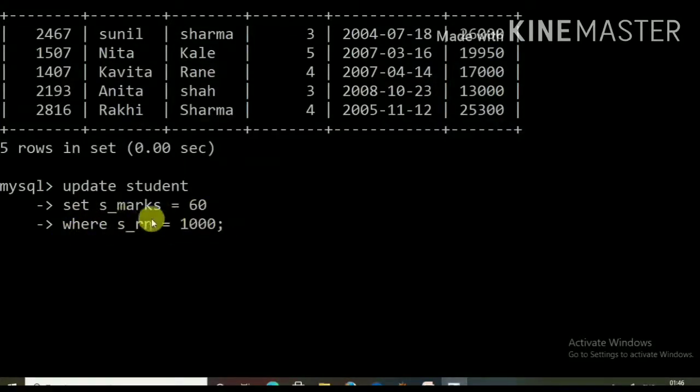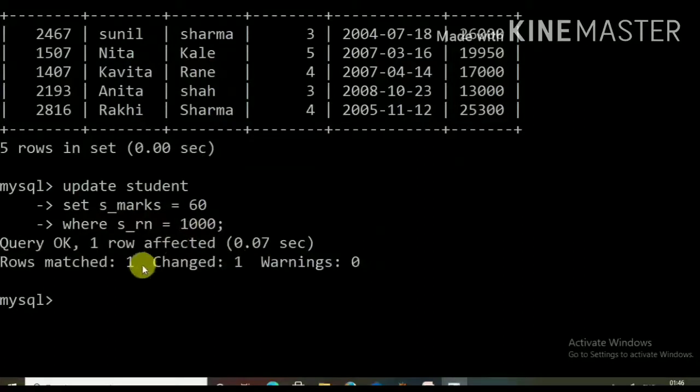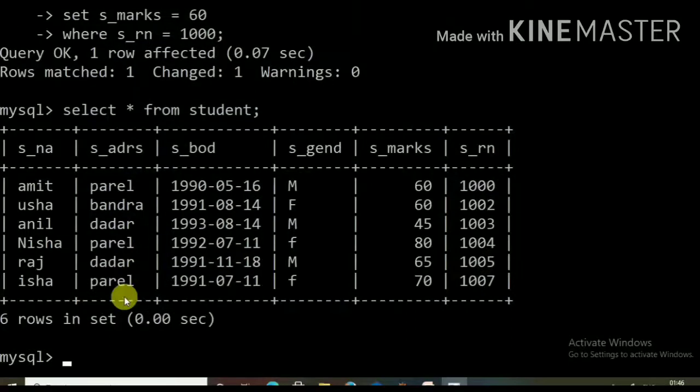You have to change the marks of the student with roll number 1000, that is s underscore rn is equal to 1000. We have to see the change, so select star from student. Now see, the marks of the student with roll number 1000 is 60.